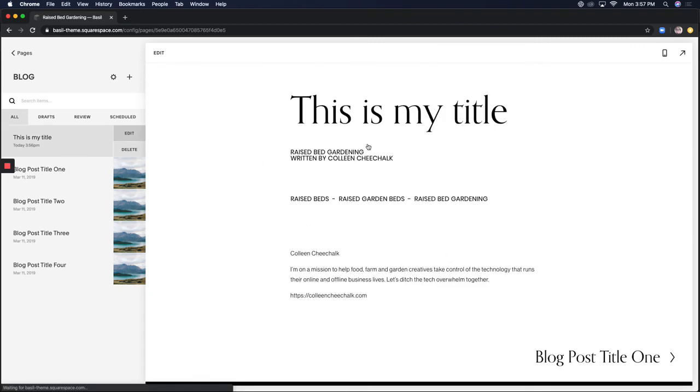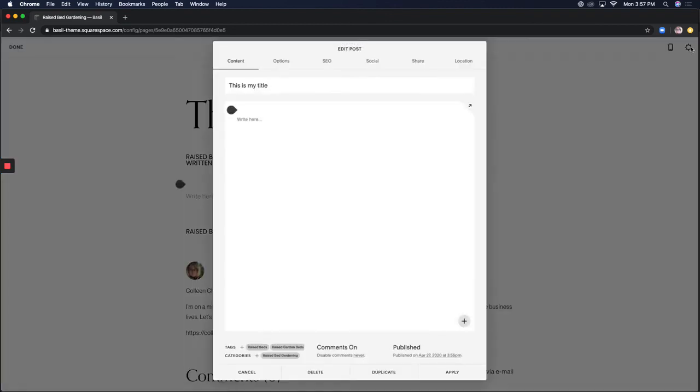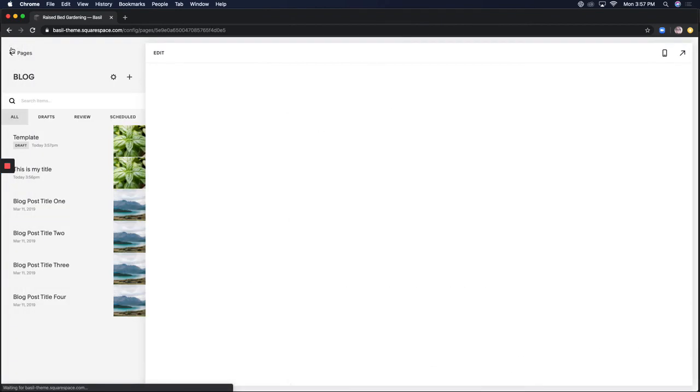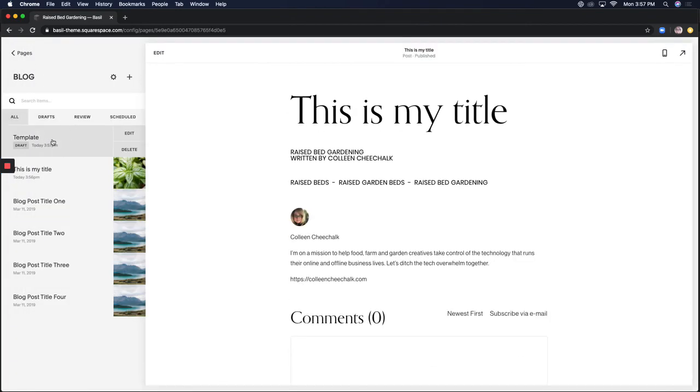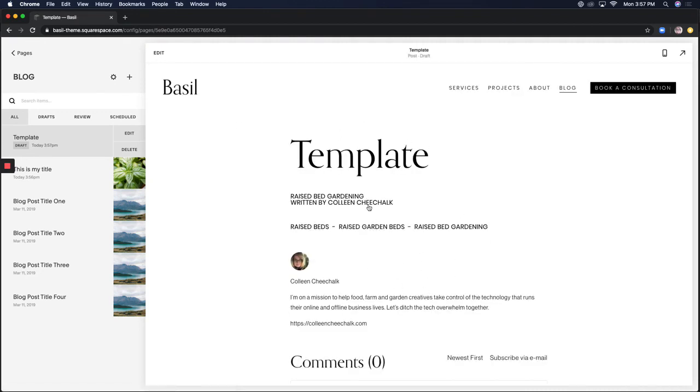I'm going to come in here and click edit, and I'm going to click this little gear icon again, and I'm going to click duplicate, and I'm going to name this template, and I'm going to click save as a draft. And then every time I go to do a new blog post, I can just click on this and use it as my template. I'll make a copy of it, duplicate it right off the bat,